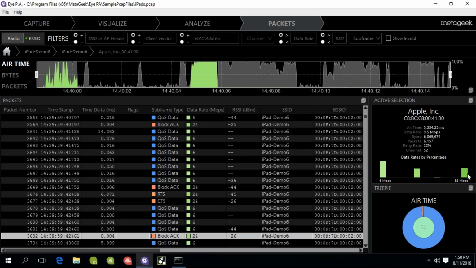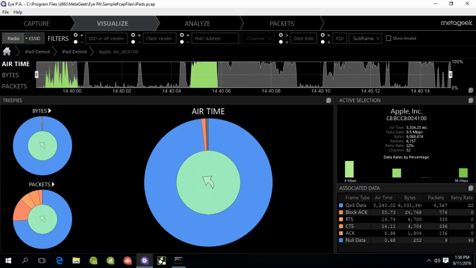They also used some nice fast data rates. The slowest data rate they used was 6 megabits per second, but they were often able to hit 58 megabits per second about 25% of the time. And if you look at the top here,